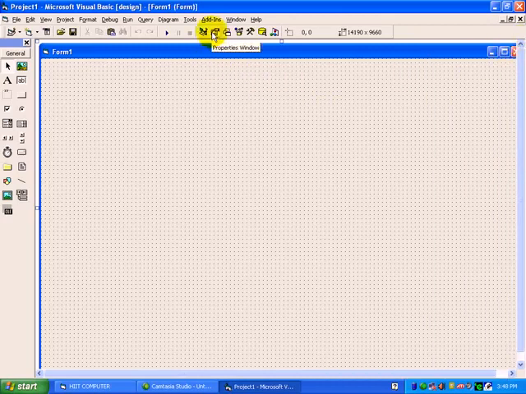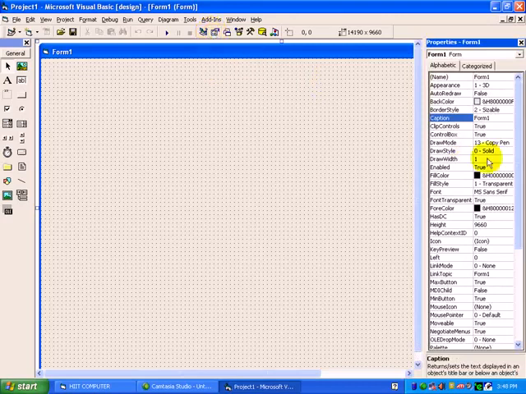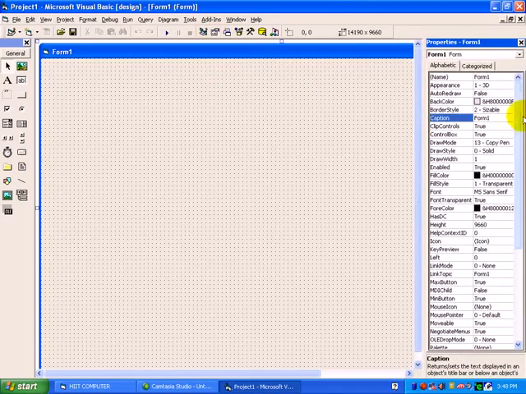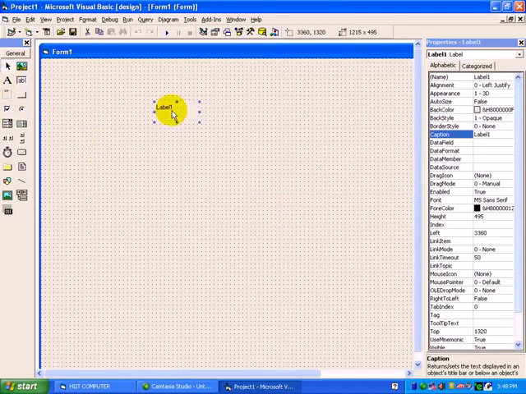The next is the Properties window. Properties window is a collection of characteristics of controls. Means if we use any control from the toolbox, for that some settings have to be done. We can do it from the Properties box. Suppose we just double click on Label. See here, Label has been placed on the form. Just keep it as per your requirement where you want on the form. Just drag and drop facility.